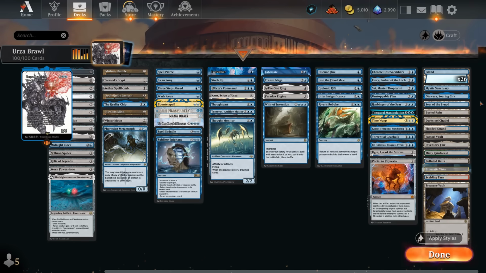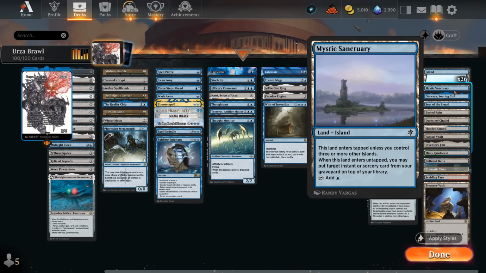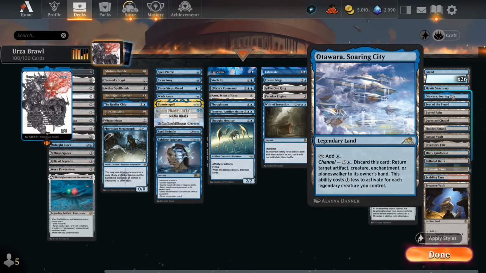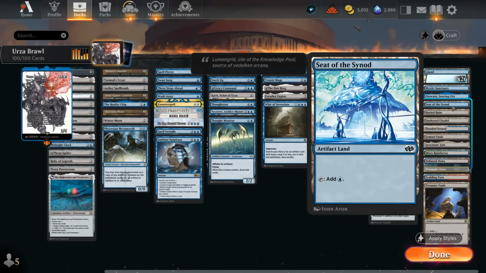And then the mana base is mostly basic islands, some blue fetch lands as well to either shuffle with Brainstorm or to tutor up our Mystic Sanctuary as a non-basic island that's still fetchable, and with enough islands in play this can return an instant or sorcery from our graveyard back on top of our deck, so that can maybe get back a powerful counterspell or maybe an extra turn card, since most of them still end up in the graveyard. We've got Orawara as more interaction,